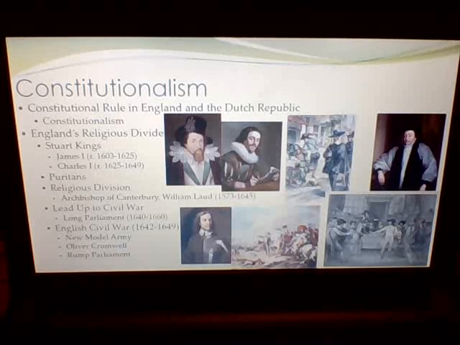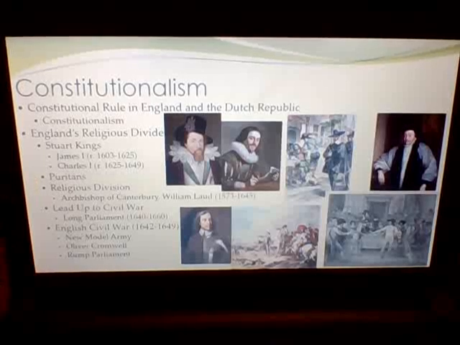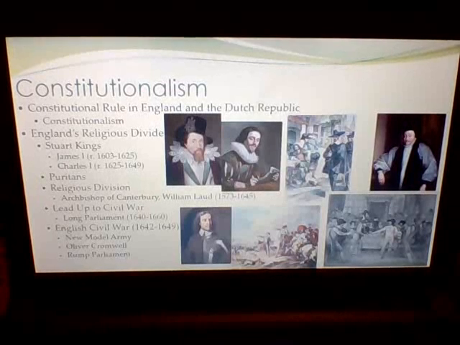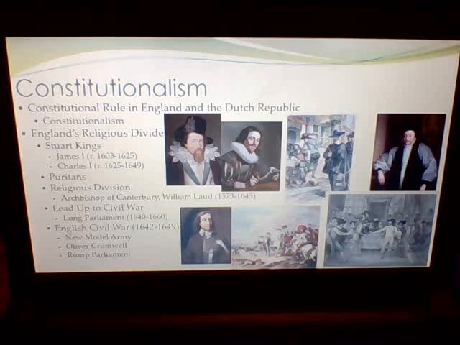In the meantime, you have this very dissatisfied and persecuted group called the Puritans, which you might have heard of before. The Puritans are this very strict Calvinist-influenced Protestant group to form in the late 1500s. And they did not call themselves Puritans. People called them Puritans because they wanted to purify the Church of England, which is the church that was now the official church of the country, of any Catholic influences.